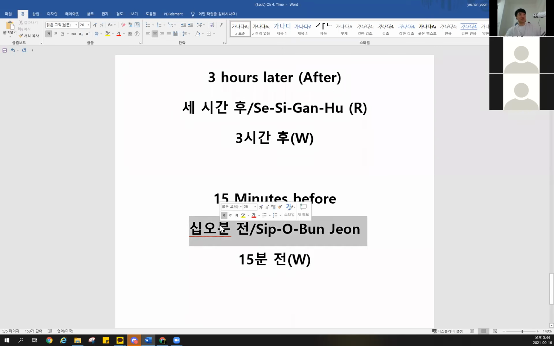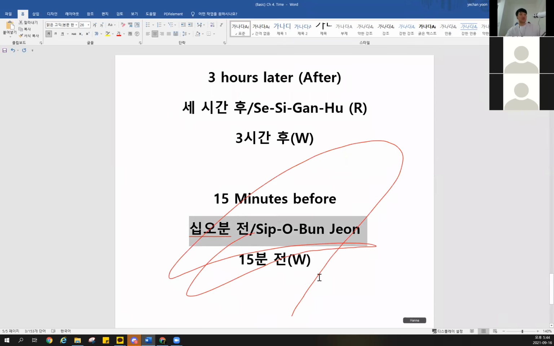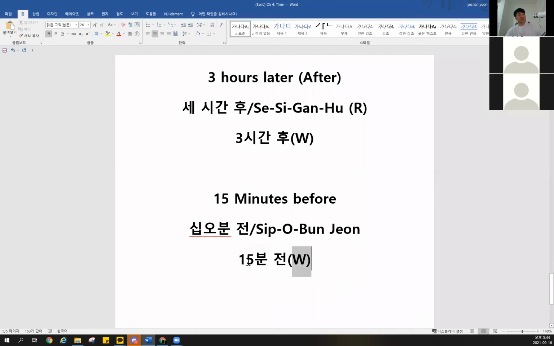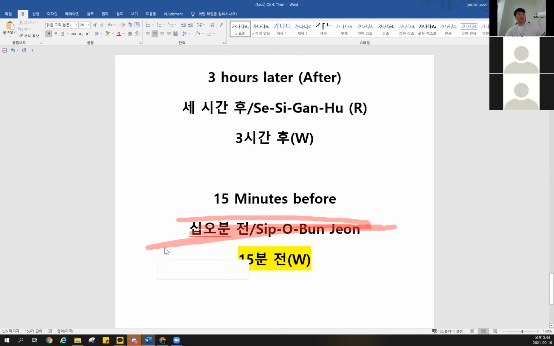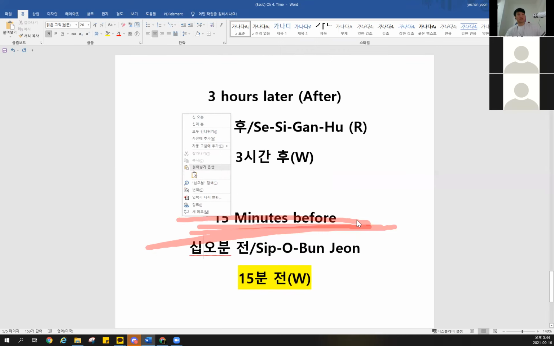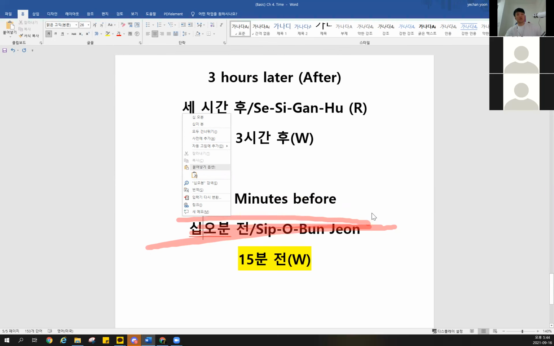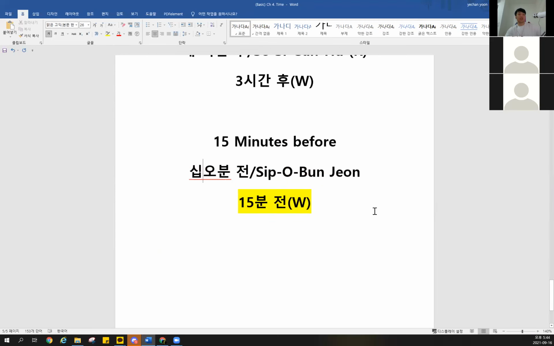All right, so this one is for the reading. Can you delete this one, please? Thank you so much. So this is the writing down. 15분 전. Just like this. Please remove all the notes, because we have to go to another section. I don't know exactly how to do it, but never mind. Let's go to the next one.